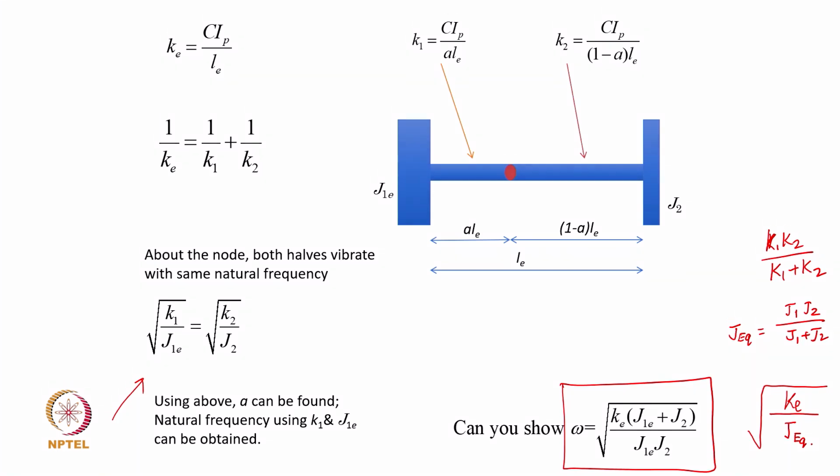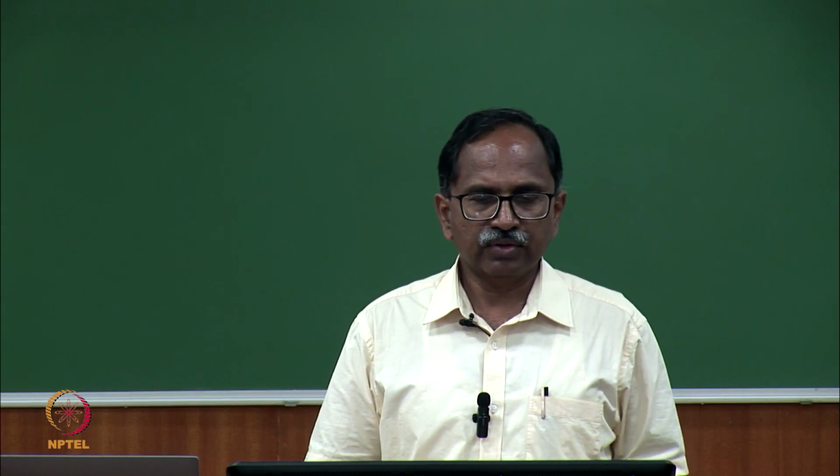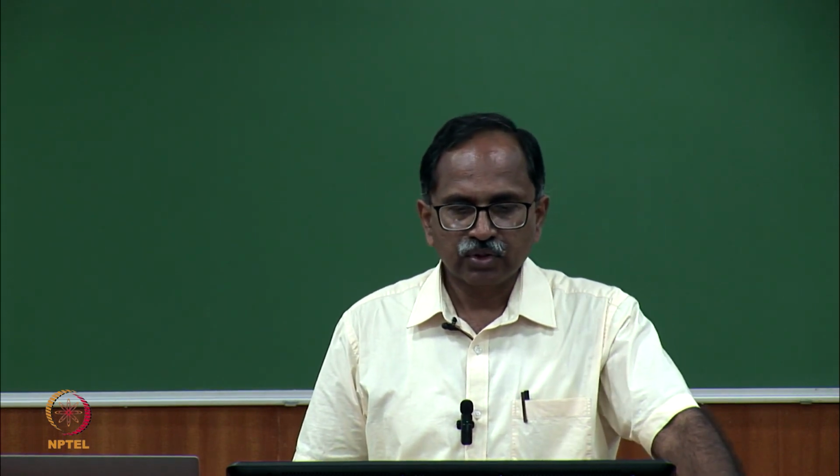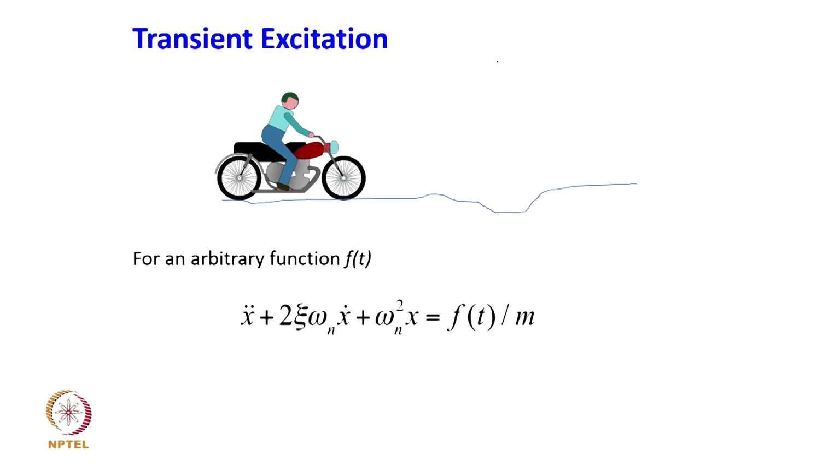Okay. So, with this we now move over to another most important topic in the single degree of freedom system analysis. After having discussed the free vibration response to initial excitation or initial disturbance, we shall now focus our attention on finding out the response of a simple vibratory system to a transient excitation, in the sense that in the earlier case, when this vehicle was subjected to some disturbance at t is equal to 0, what we discussed that